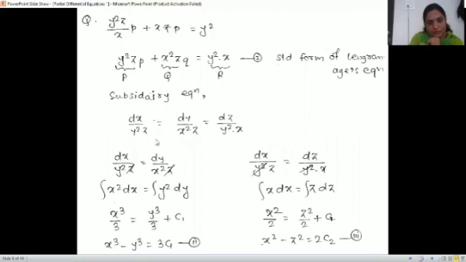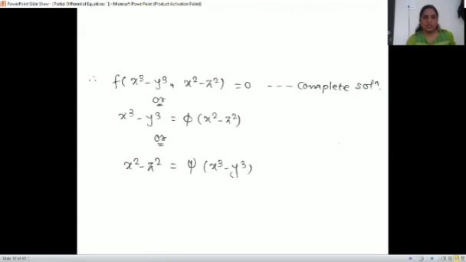So we'll take first and third here. What is the problem in second and third? If we take second and third, there should not be x, or x should get eliminated. No, it is not getting eliminated. x will get cancelled, but one x will remain, right? So we'll check 1 and 3. x and z, so there should not be y. Yes, y will get eliminated, right? So we take 1 and 3 and solve it, and we'll get x square minus z square is some constant c2.